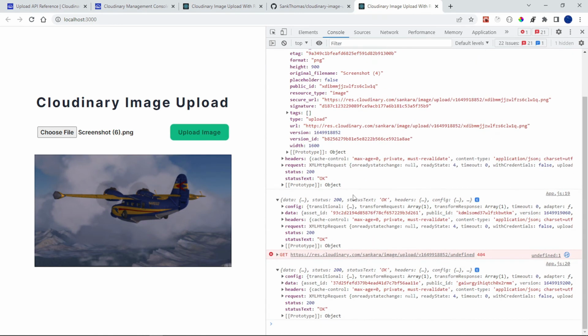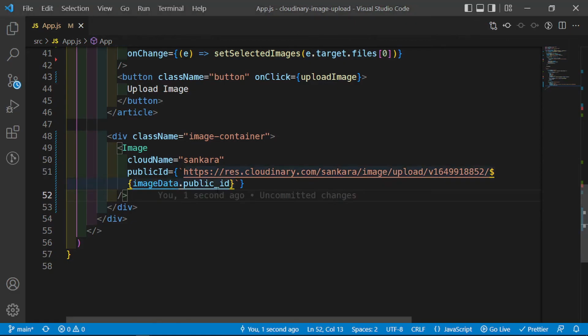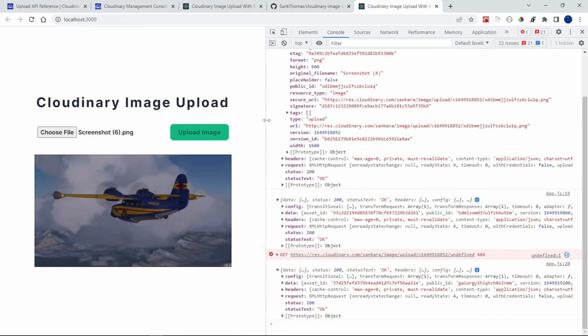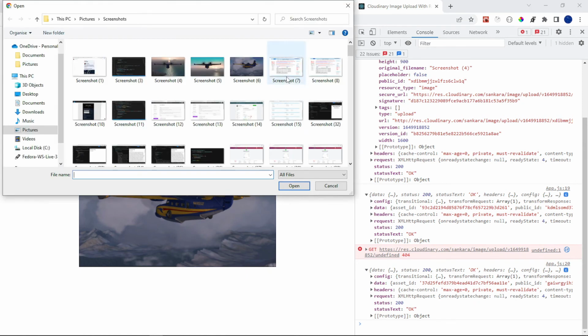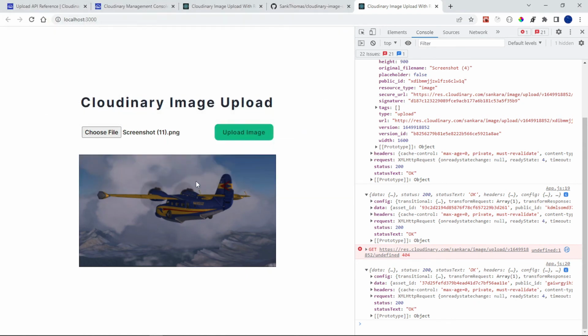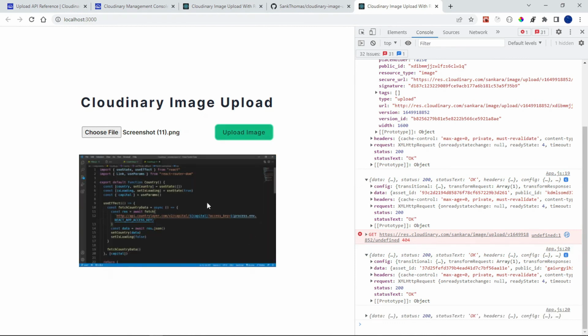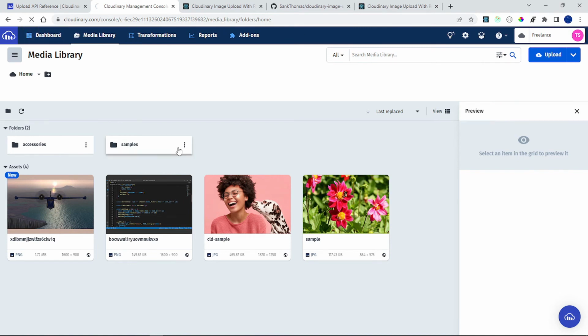Okay, now I just want to mention something. This is going to be very interesting. Now this is working correctly, right? We can see that it is working correctly. And if you upload another image, then the public ID should change and it should render something else, right? It should render the image that you upload. So let's try that and look at that. Okay, so this is working as it should,